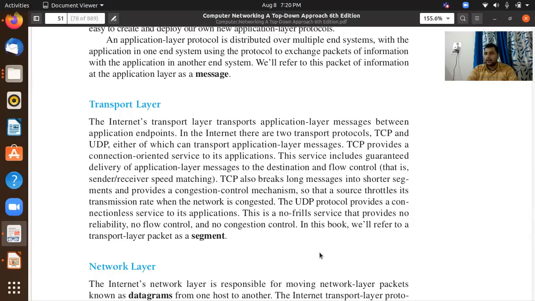Once the message is received at the transport layer, it breaks the message down, because it has to use the packet switched network. So down at the transport layer, in terms of the network core, which is packet switched, it will break down that entire message into different chunks, and then add on the information which it requires for providing connection oriented or connectionless, whatever kind of service it is providing to the application